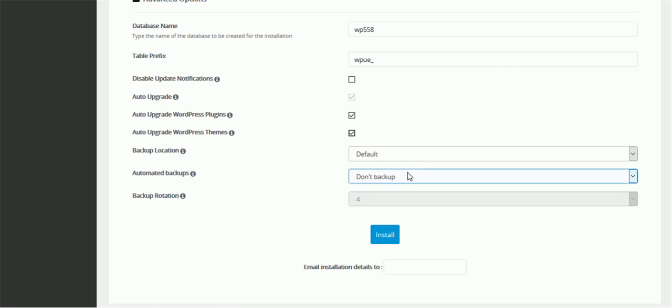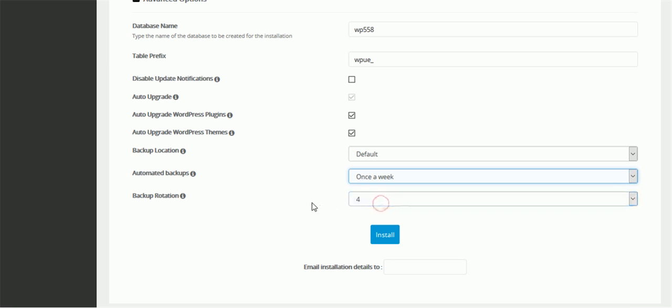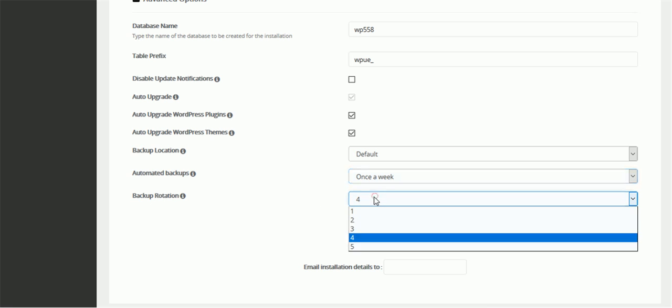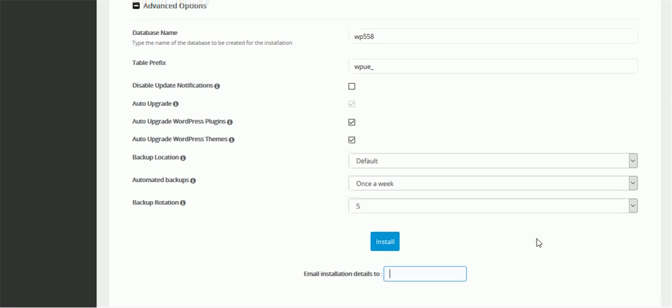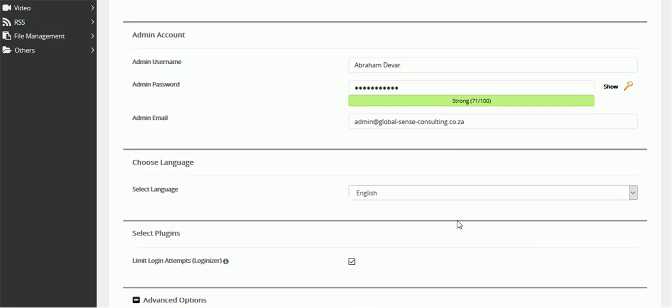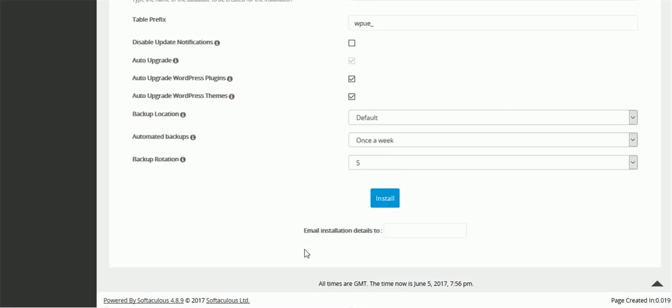Automated backups, yes, we do want automated backups at least once a week, and backup rotation, say 5 instances of the backup, and it should roll back to number 1. I'm going to send a copy of this installation to this temporary email address that we've got here. You can send it to any other address that you choose to,